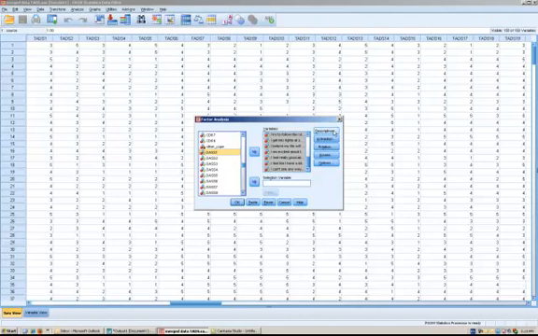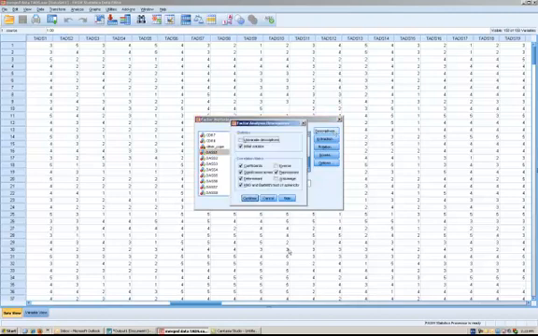So what we're going to do here is go to descriptives. I turn on the initial solution because I want to see that. I want the correlation coefficients because I want to see in general what the level of correlation is between items. What we're looking for here is moderate correlations. So we want to see at least some factors being correlated moderately, let's say 0.3 and above, and we don't